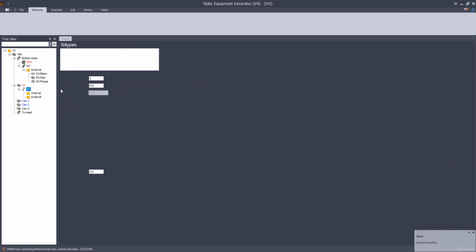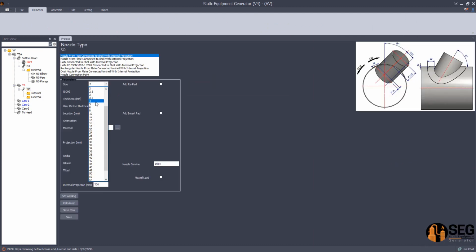And from here let's select the size as 4 inches, scalable standard, and for the location we will make it with a negative value with the same nozzle orientation, the external projection and the internal projection. Here, skirt opening,